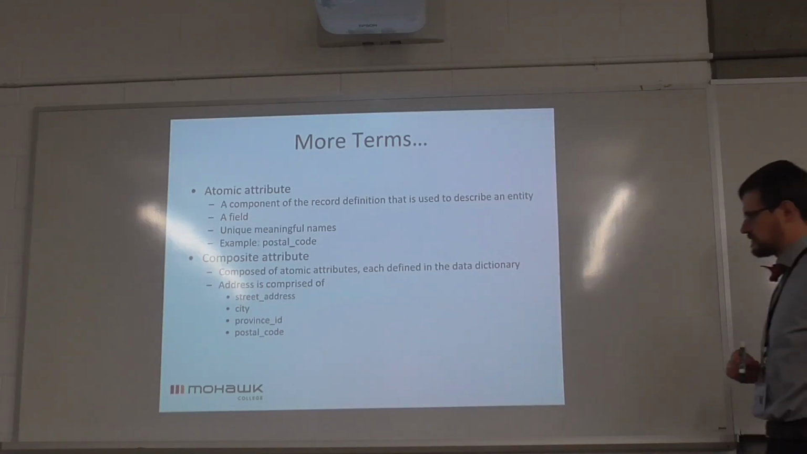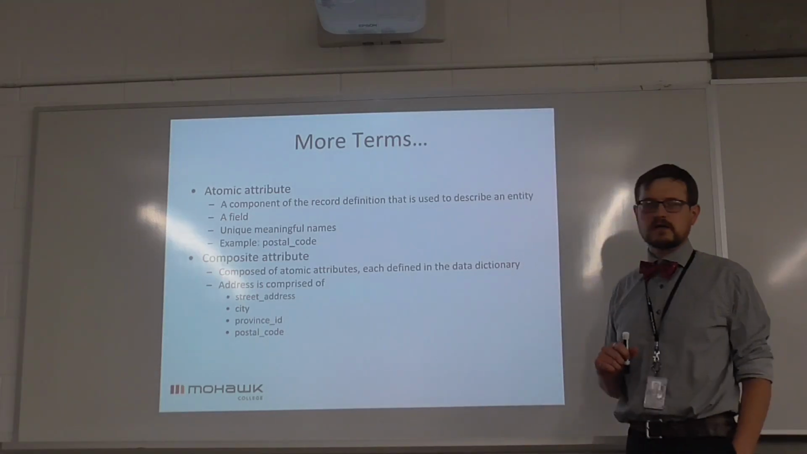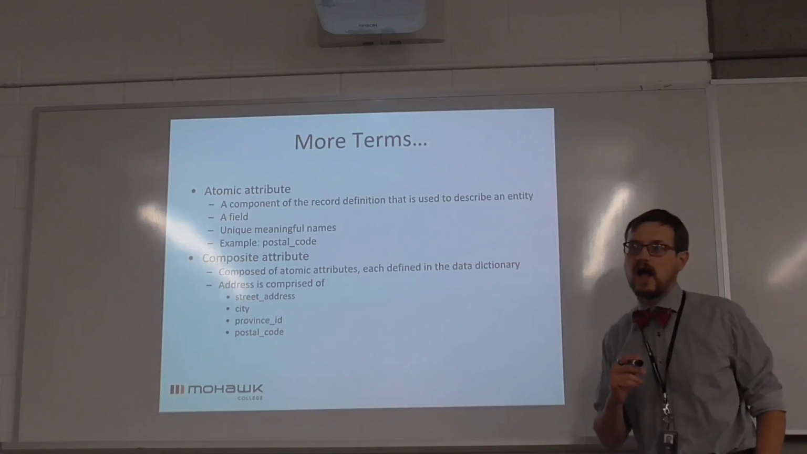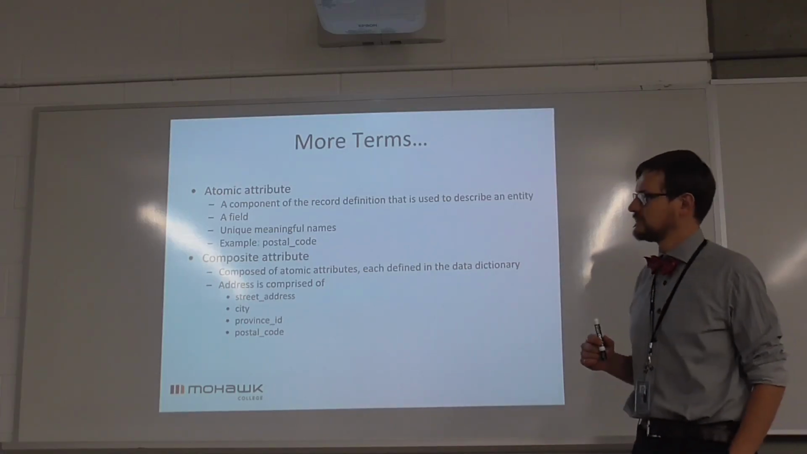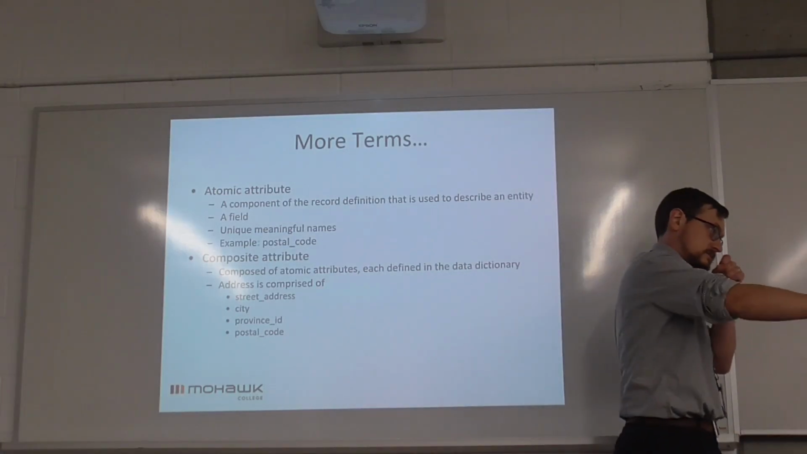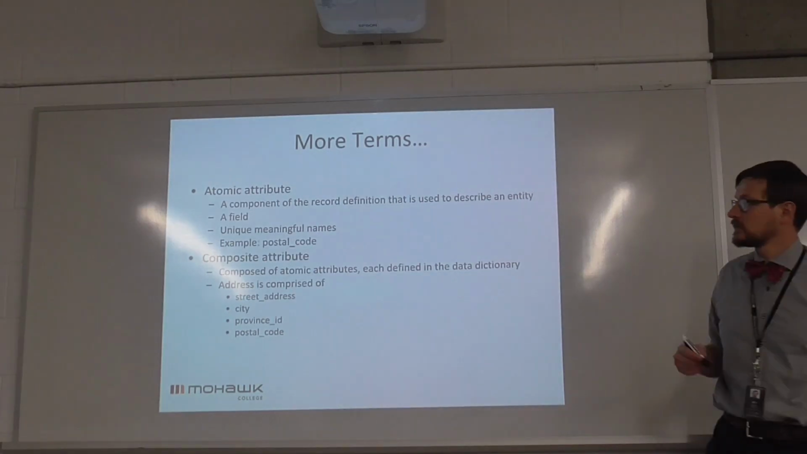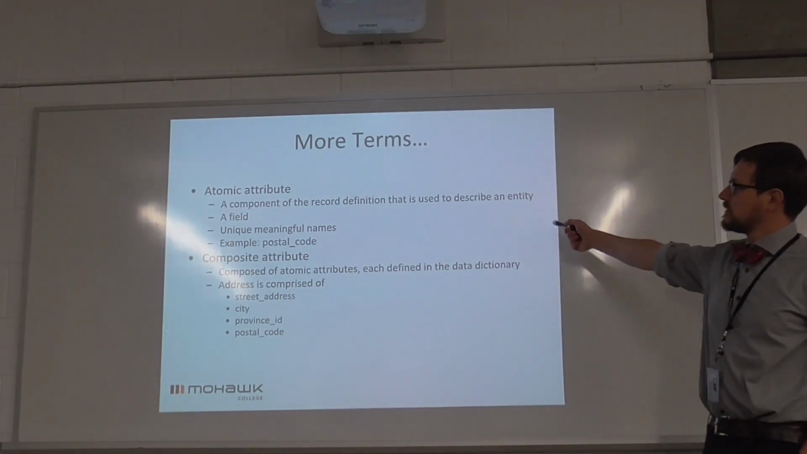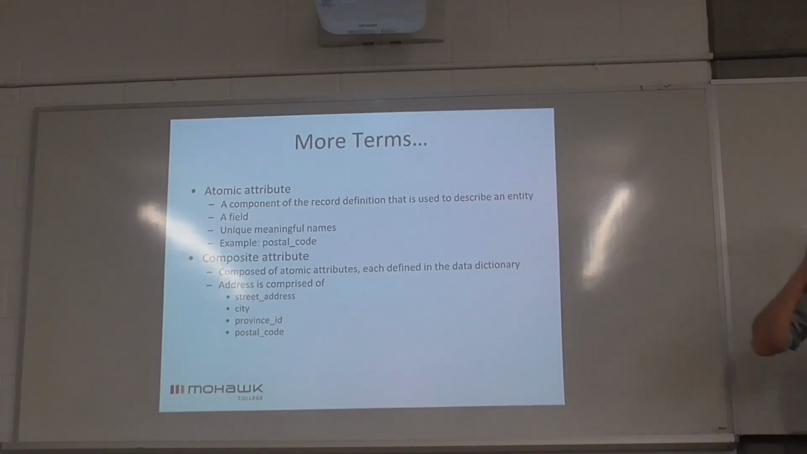Atomic attributes. This is our most explosive topic yet. An atomic attribute is a component of the record definition that is used to describe an entity. Atomic attributes only really make sense when you consider them next to composite attributes. So,